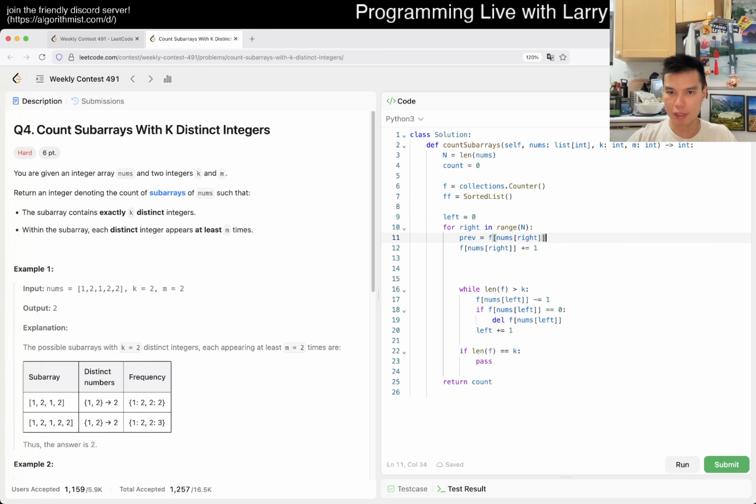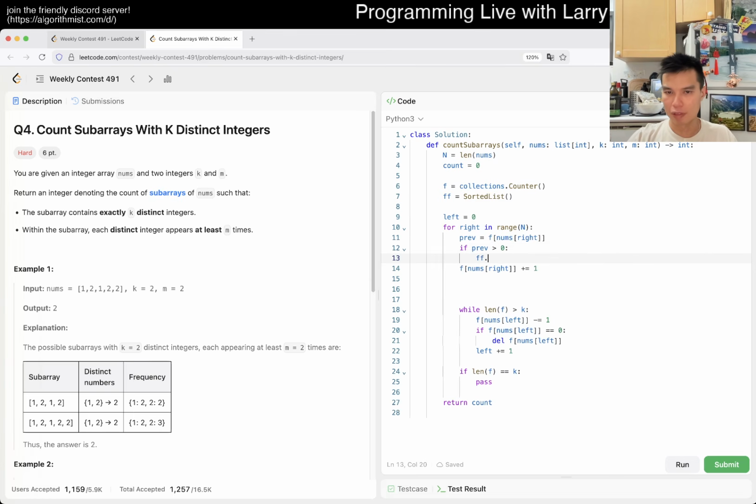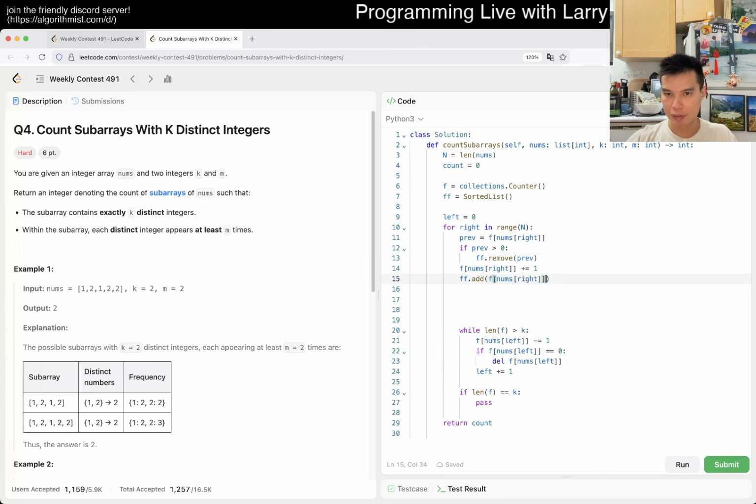So then now if previous is greater than 0, ff, then we remove previous, otherwise we add this, right, as the frequency. Okay. Okay, so then now while this is true, we remove. Okay, so previous is equal to,